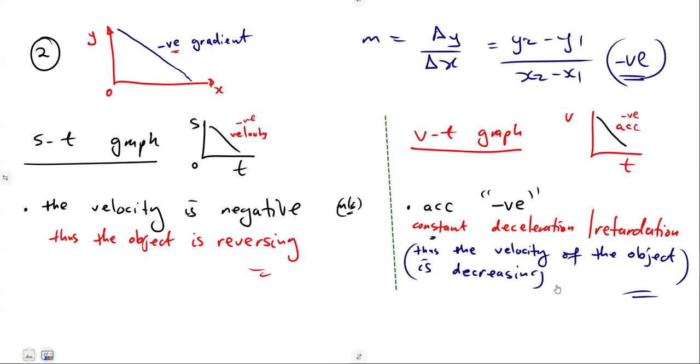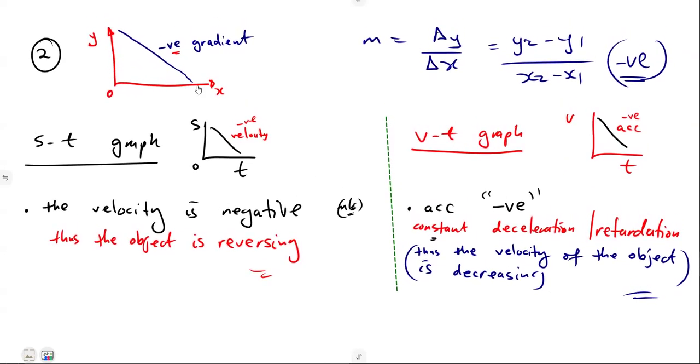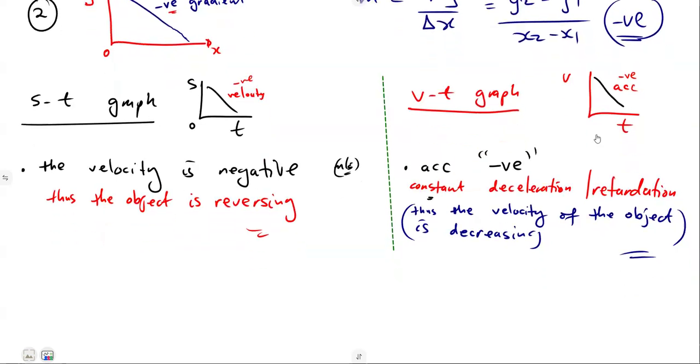So that is another interpretation that we can have when there is a negative gradient. Then there are some conditions where the gradient, when it is calculated, gives us a zero. This condition is described with a horizontal line, all right? When you are given a straight line like this from your algebraic graphs, a horizontal line, for all horizontal lines we understand that the gradient is zero, because at that point of a horizontal line,